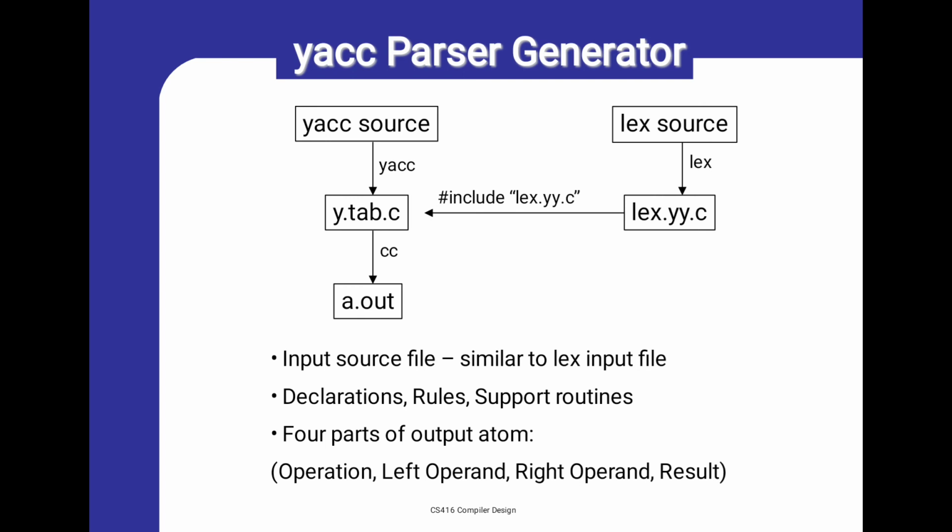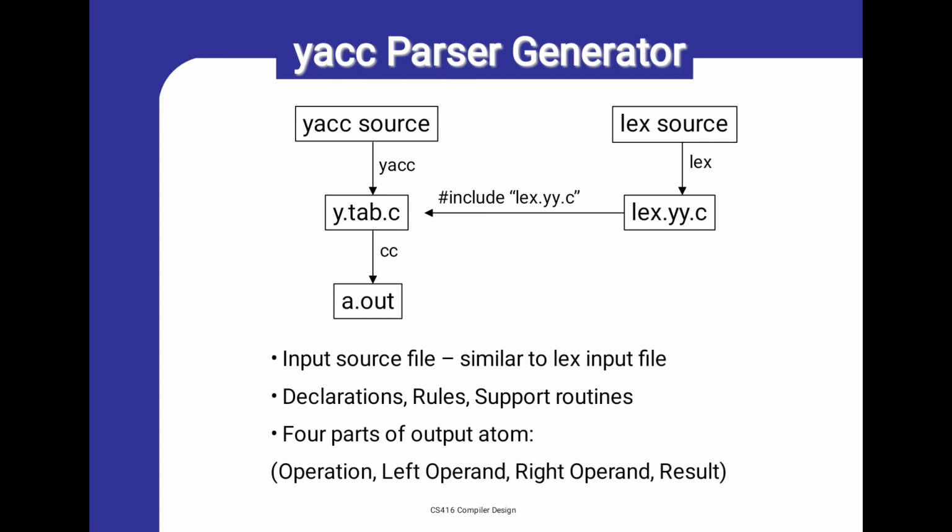We have discussed the manual method for constructing the LR parser. This involves a lot of work parsing the input string. Hence, there is a need for automation of this process in order to achieve efficiency in parsing the input. Such automation tools, called parser generators, are available. So the first one is YACC. YACC is one such automation tool